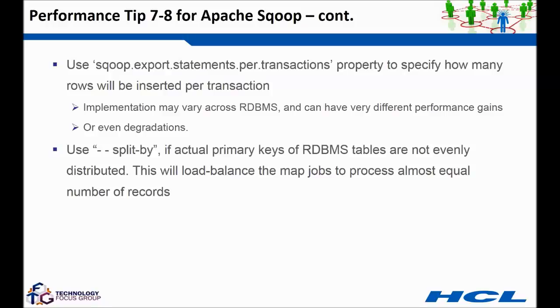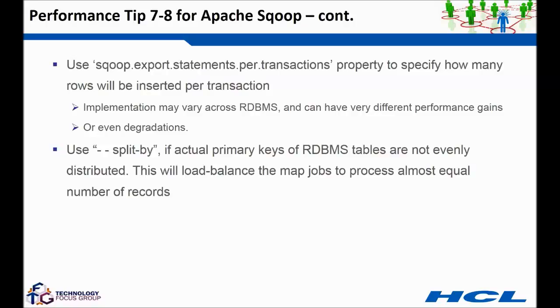But if that primary key is not evenly populated, say the first set of 1 to 25 doesn't have an actual 25 records but say 10 records or 5 records, and the second is more populated, things like that. When your primary key values are not evenly scattered across different map jobs, some of the map jobs will be running with less data. That may cause performance issues in your system, because now you are not utilizing map jobs to their maximum limit. So you can specify your own key by using split-by,